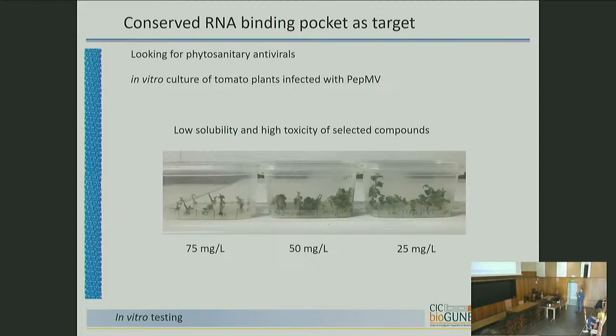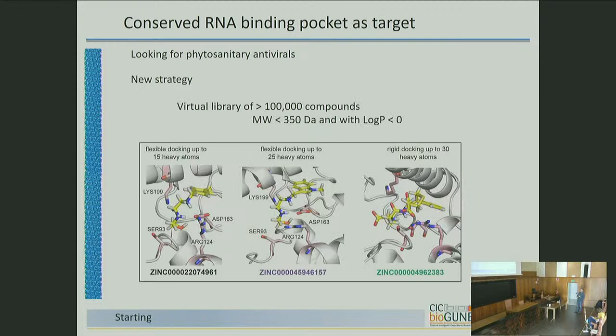So what we are doing right now, in collaboration with Gonzalo Jimenez Osuna, is that instead of a limited library of compounds, we are using in silico libraries, virtual libraries, with several characteristics, the partition number moving to the hydrophilic side, with a limitation of compounds, and we use a thin library of commercially available, in theory, compounds. In the set that we have selected, about 25, I think, we have protected 16 of them, and these are the compounds that we are testing right now.